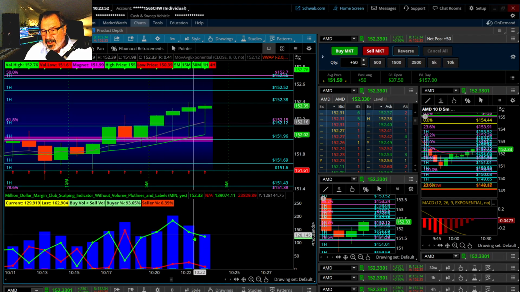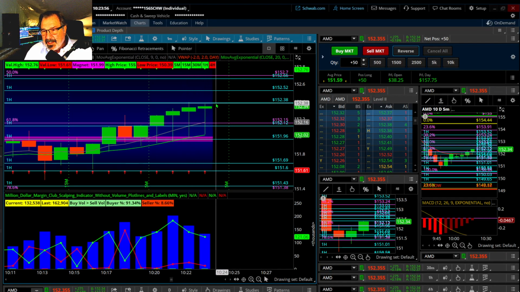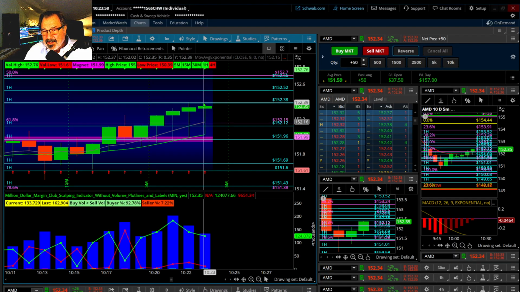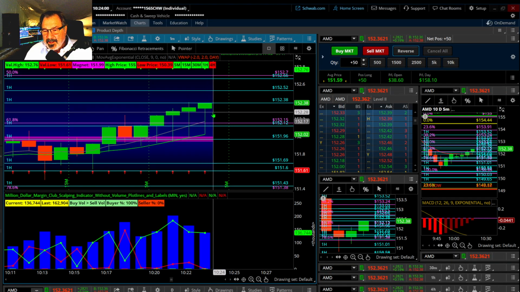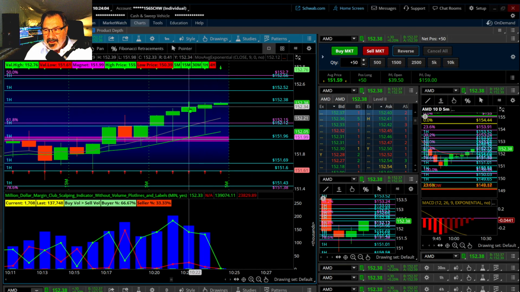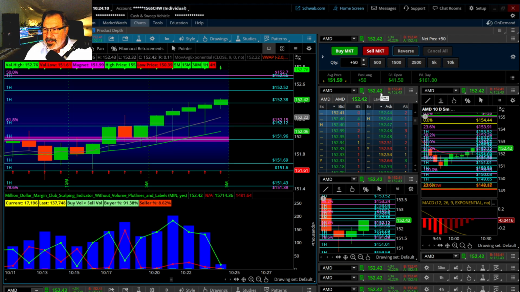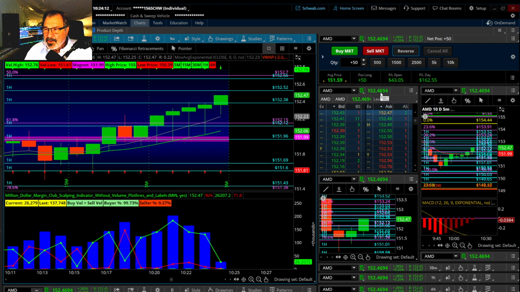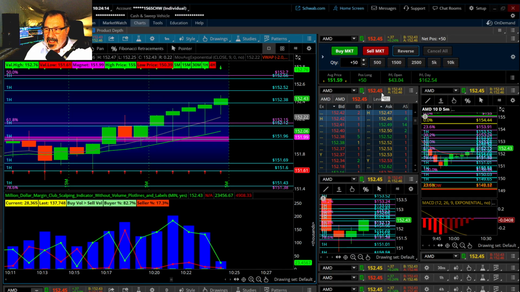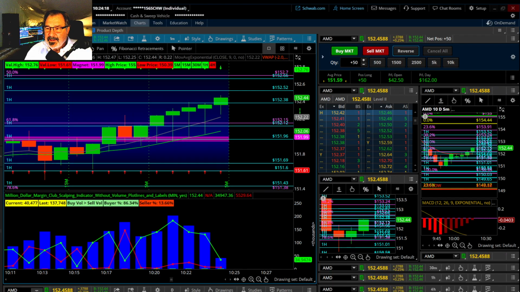Now it's telling me this move's almost over. See how it's going down? If it can't break through this resistance ceiling here, it's time to get out. It's time to reverse. So we needed to break that, and that is at 38. So right there, it's at 35, 37, 40. It hit it, 42. Wow, it just broke it. It just broke it in a big way, 46. So now we're looking at 50. Now we're looking to see if it can break that level.